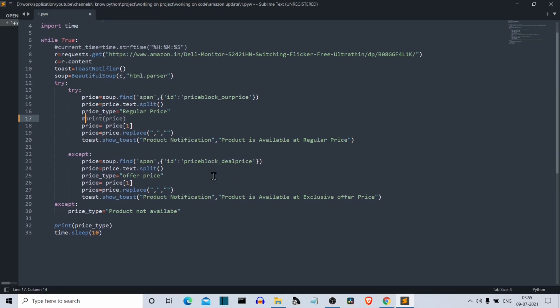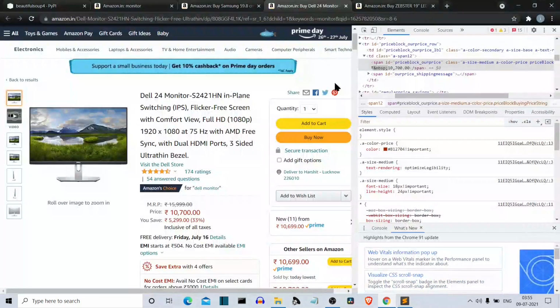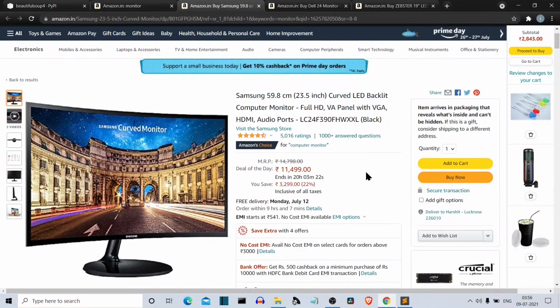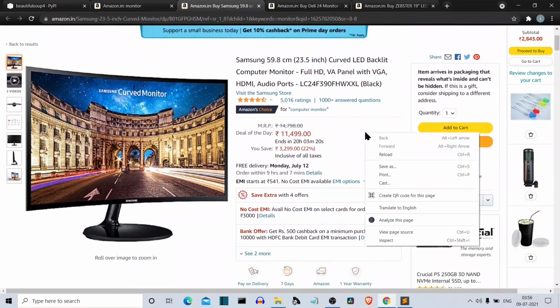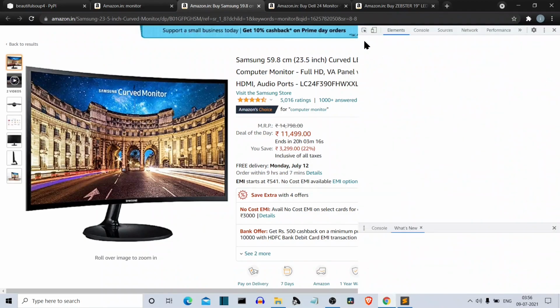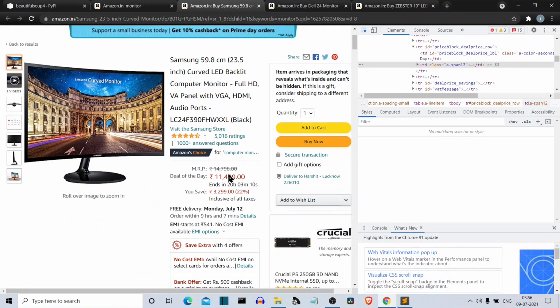Now let's see if a product is available at deal price. So let's go to a product which is available at deal price. Like this Samsung monitor is present at deal price. Now let's inspect this page also, and let me click here and point at the price. Just a second.